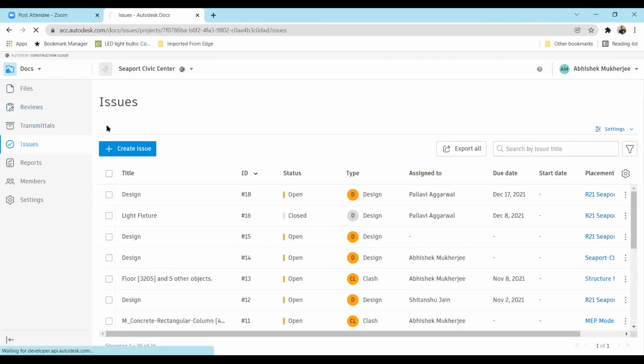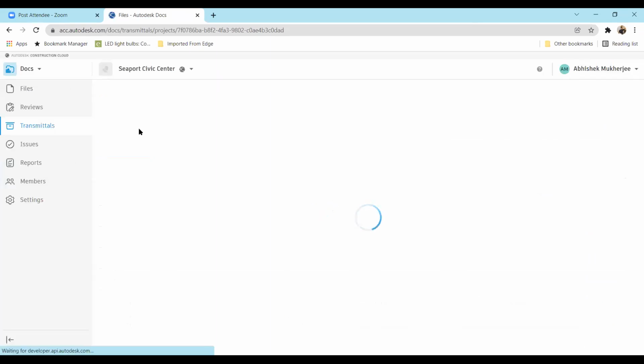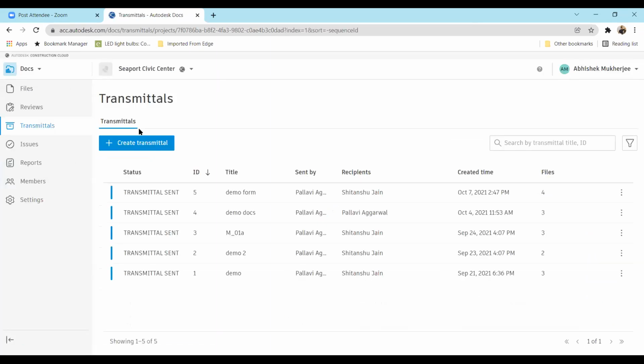So if I go to transmittals, transmittals is another important part. A transmittal is something where you create a list of drawings or files, and that transmittal is sent to someone, and that person has the responsibility of either checking it or sending it on. If you're sending something to site, that person is receiving. That is a kind of transmittal. So it is a digital transmittal. It's anything you would have sent to site using email, and a list of those files appears. Similarly, this is the same thing.